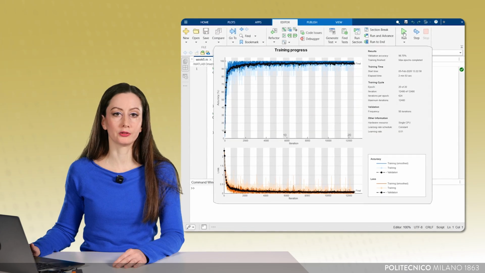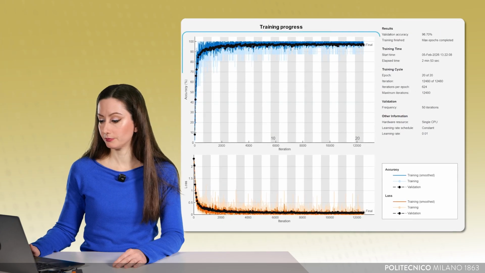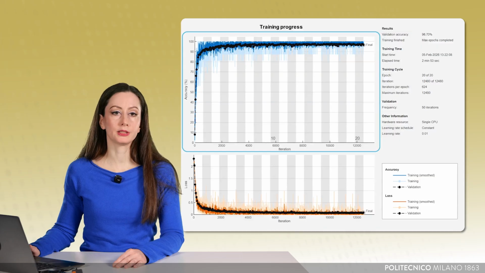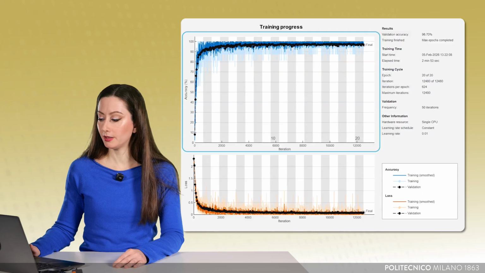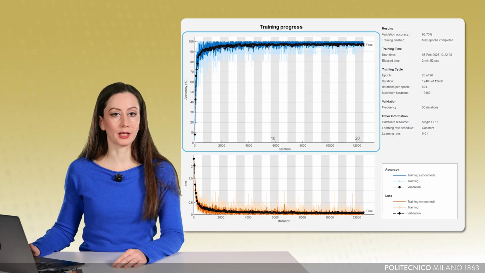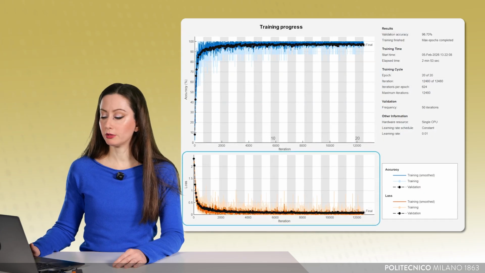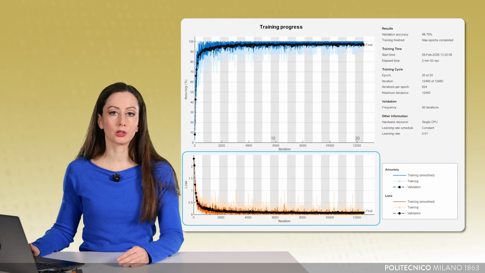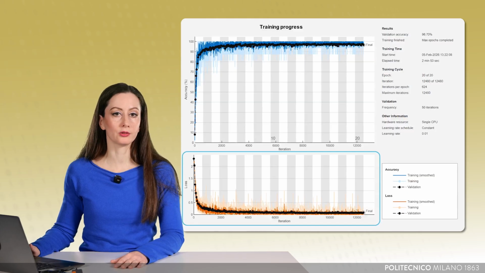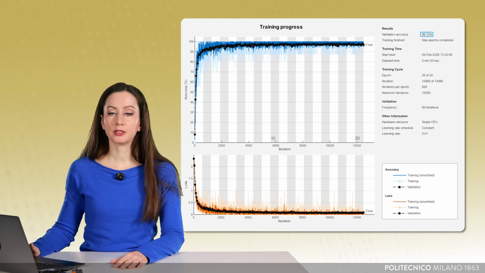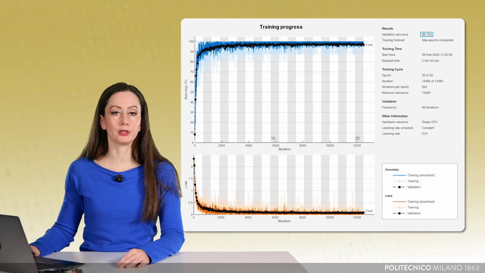And here's the output of the code. In the top figure, we can visualize the accuracy of the model on the training dataset, which is the blue line, and on the validation dataset, the black line. While in the bottom figure, at each optimizer iteration, the code displays the value of the loss function on the training dataset, orange line, and the validation dataset, the black line. And by the final iteration, we can see that the model reaches a very satisfactory performance. So we have about 97% accuracy on the validation dataset.